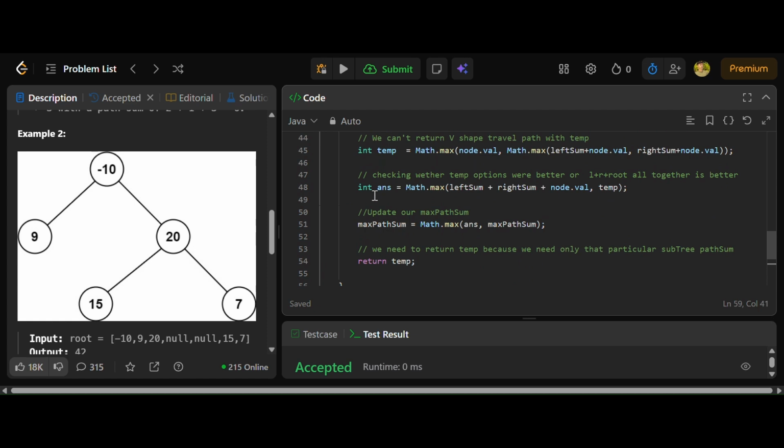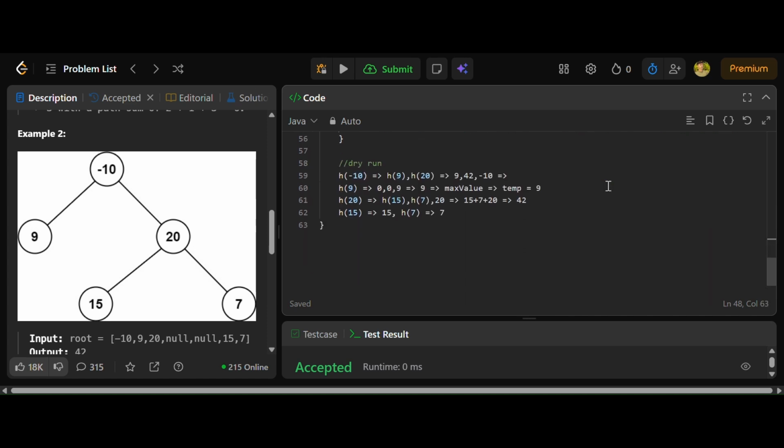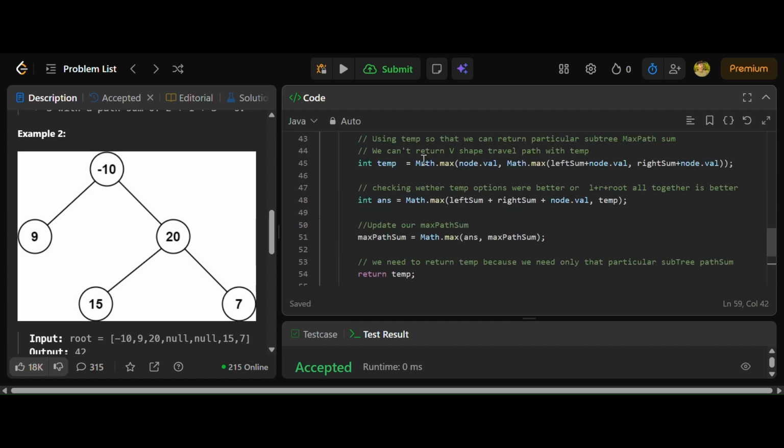So yeah, this answer keyword will check that only, whether all three together sum is greatest or just the temp is greatest. So you can see here, when I return 42, the temp was the greatest. So we will just have the answer 42 here. So in this temp also you can see we will have some values here,